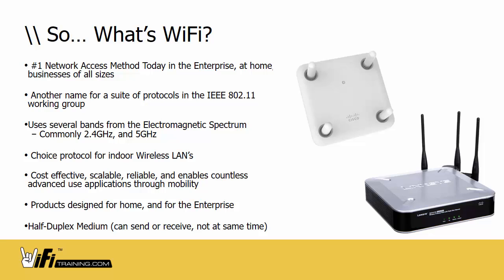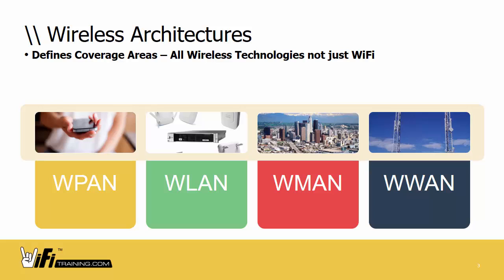The other thing I wanted to point out here with this slide is Wi-Fi is a half duplex medium. So a station could send or receive, but not at the same time. At least with the majority of protocols out there, there is some simultaneous sending and receiving with some later wireless technologies with MIMO. We're not going to talk about those yet. So for now, it's completely half duplex, and that's the way it really is for the overwhelming majority of wireless communications today.